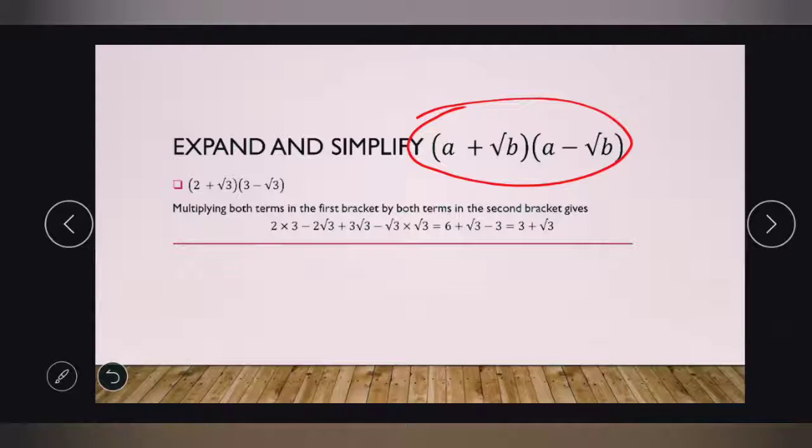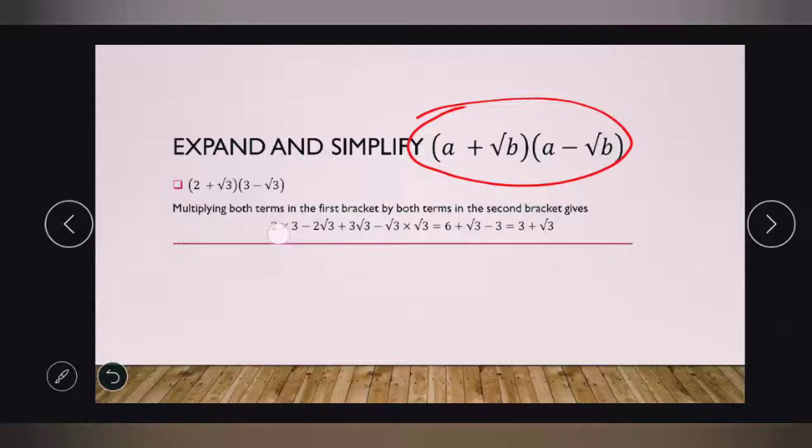Multiplying both terms in the first bracket by both terms in the second bracket gives 2 times 3 minus 2 the square root of 3 plus 3 the square root of 3 minus the square root of 3 times the square root of 3 equals,